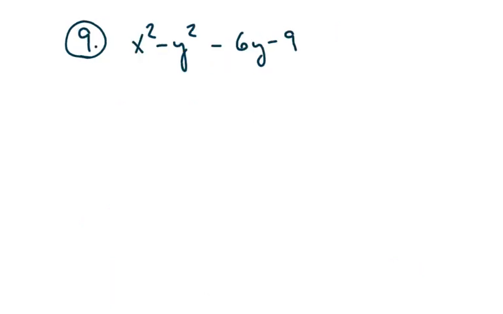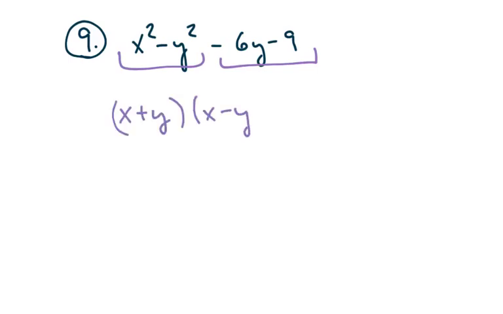Alright, now in this situation, again, we try the same initial step. We see if we can factor something out of everything. Hopefully now, realize that in this situation you can't. So we group them again. But this one starts off with the difference of squares here. So we know that this becomes x plus y, x minus y. And on the other side, we can factor out a negative 3, which leaves me with 2y minus 3. Now, there's nothing that these have in common, so it seems that we can stop here, but